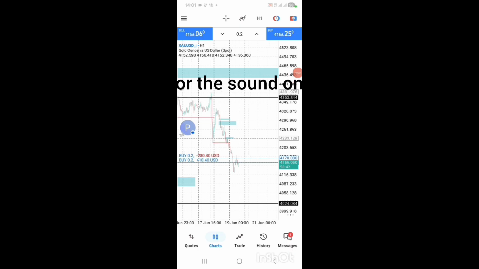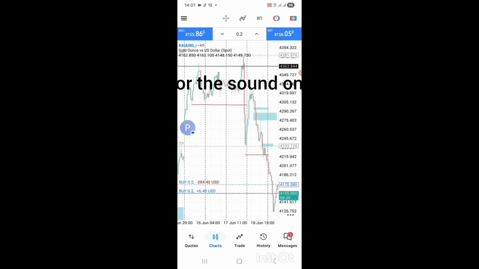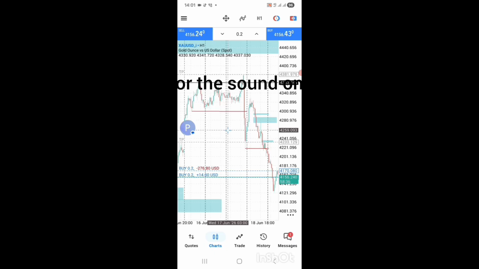I'm outside and it's quite noisy, but I have to do it or I'll forget. So what had happened was those sells that I had here got taken out right here when it took out this high here. Turns out this break of structure that I had here wasn't really a break of structure because this low didn't take out any high, but this low here took out this high, so this one was valid and this one was invalid. That's why I got out.